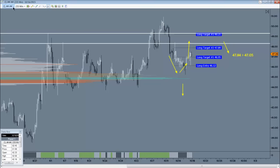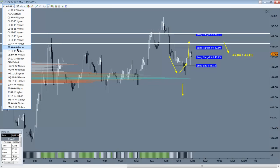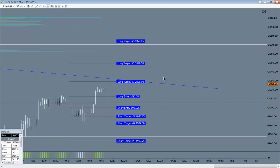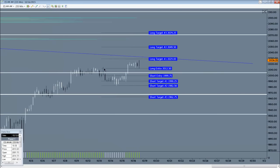And then for the S&P, here's a look at the chart, and here's what happened with price. We went up just enough to get long here, it rolled over, stopped out, then it triggered the short. I'm booking that to target 1, not to target 2,